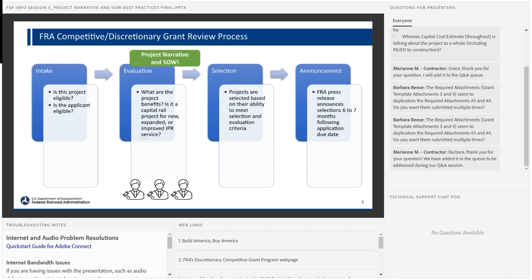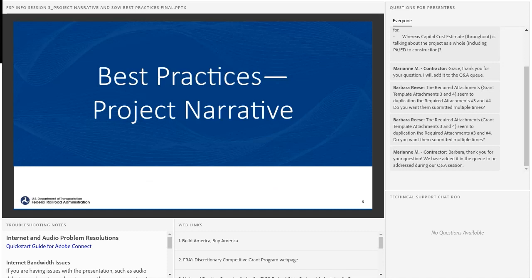And is the applicant capable of carrying out this project? This is where the project narrative and statement of work are most relevant. Then everything moves towards selection, where projects are selected based on their ability to meet selection and evaluation criteria. And announcement, where 6 to 7 months following the application due date, we will release a press release announcing selections.